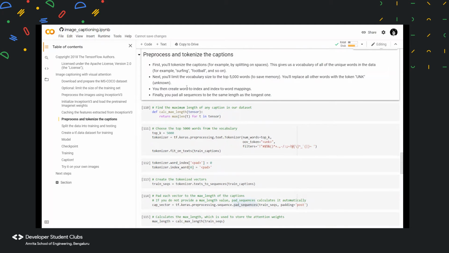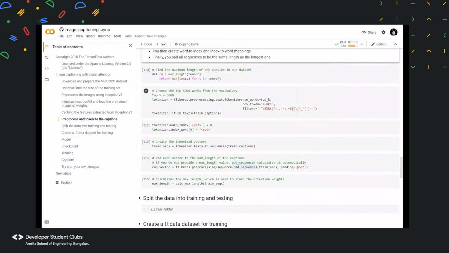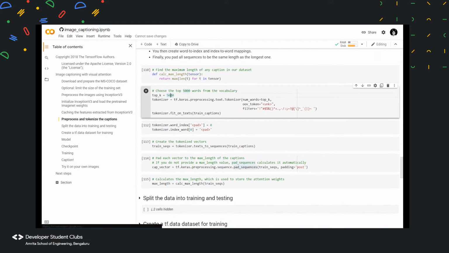The next topic is to pre-process and tokenize the captions. As we have a lot of captions, storing all these different captions in memory will take a lot of space. So in order to make the program more efficient, we'll be taking the top 5,000 words from the word list, and we will be creating word-to-index and index-to-word mappings. Here you can see 5,000 words, and we can change this to increase the number of words used for captioning.